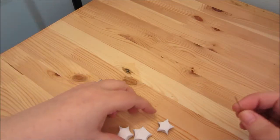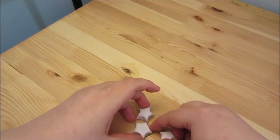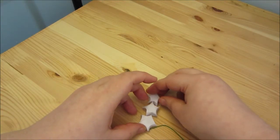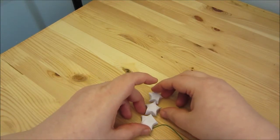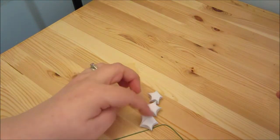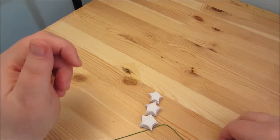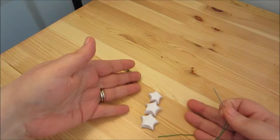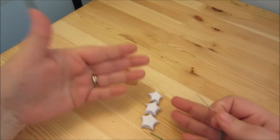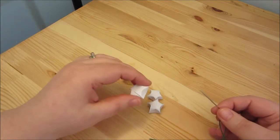And then what you're going to do is figure out how you want them organized. I am going to stack mine. I have ones that are slightly decreasing or increasing in size, so I thought that would be a cute way to handle it. Once I have my stars arranged in the order that I want them to be in, I'm just going to grab the bottom one